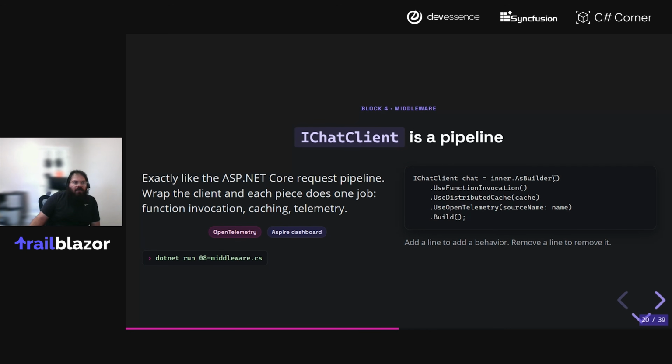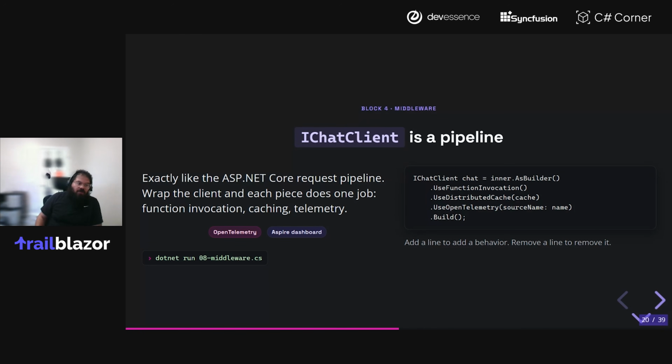The chat client works in effectively the same way, so you can read these top down. Depending on which capabilities you need from your agent, you can continue to append to them. And if one doesn't exist, you can create your own. Even if it's not provided by Extensions.AI, you can extend the system.